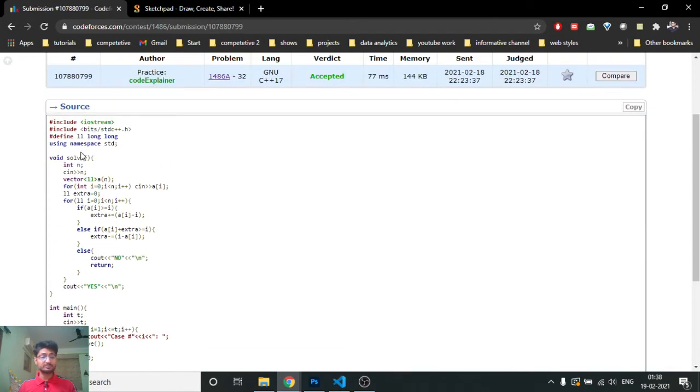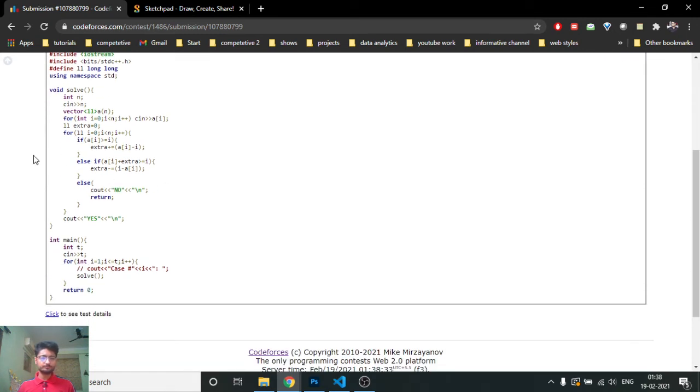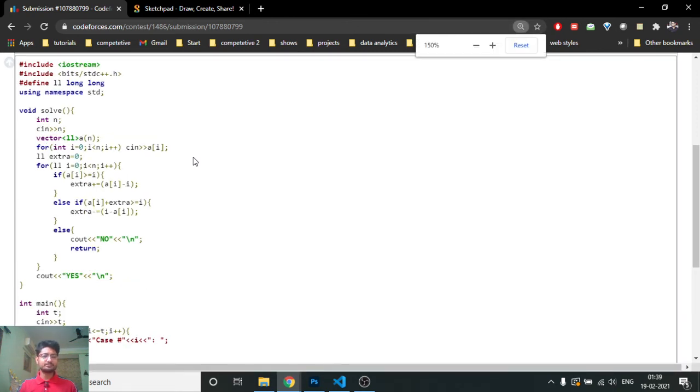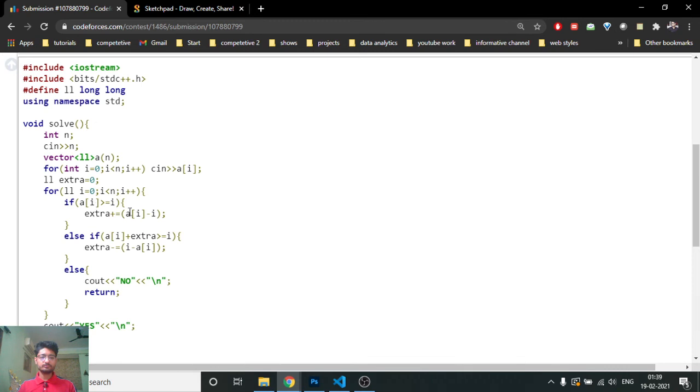Be aware of the overflows in this. I use long. So what I'm actually doing here is just iterating over the values from 0 till n. For every value, if a of i is greater than i, then obviously take the element which is extra. How much extra? Because every value I want is greater than or equal to its index, I can take the extra values, which is, as you can see, ai minus i, because ai is the number of blocks on the particular column or stack,